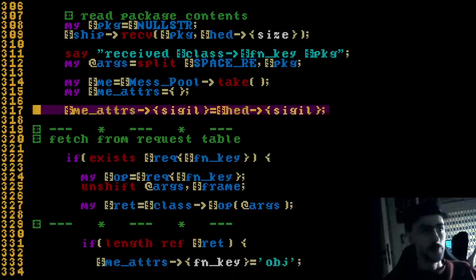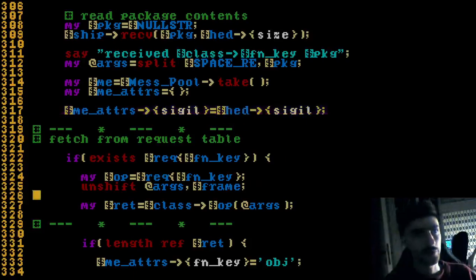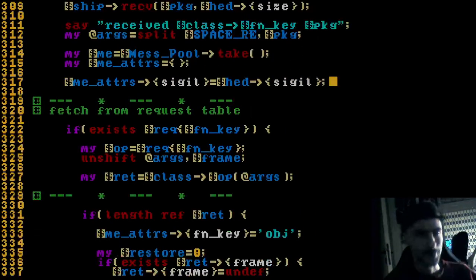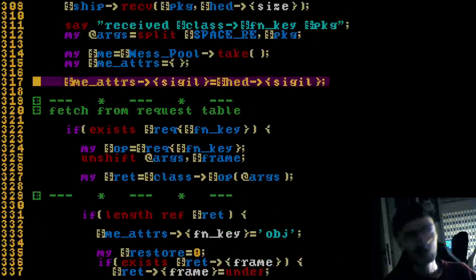And if we receive a message for a particular subsystem, we want to match that request, that sigil, on the response. This is not something that's entirely implemented, so it's bound to change. But anyhow,